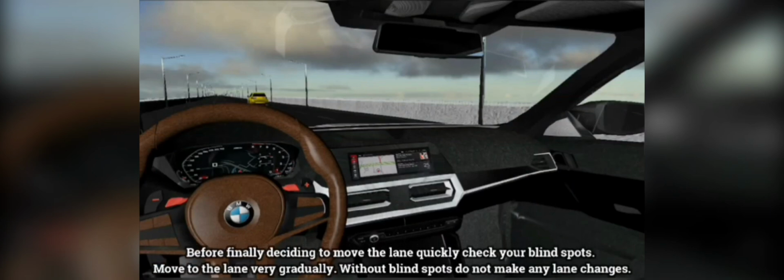Before finally deciding to move to the lane, quickly check your blind spots. Move to the lane very gradually. Without checking blind spots, do not make any lane changes.